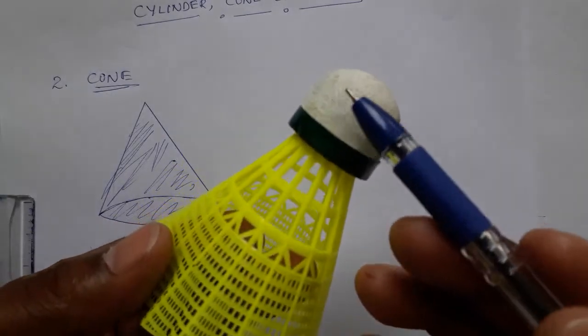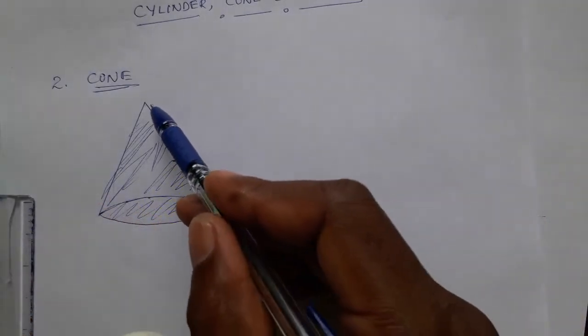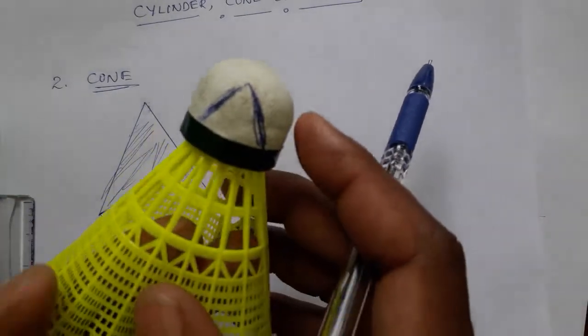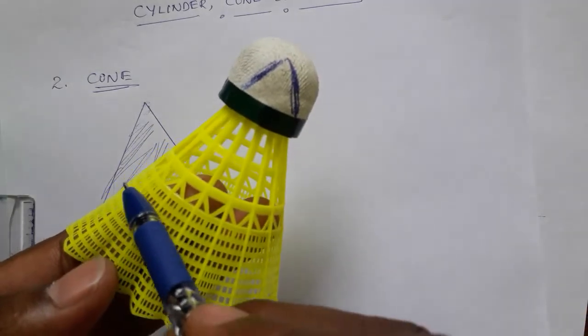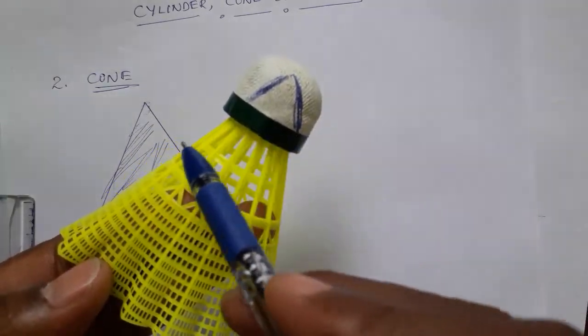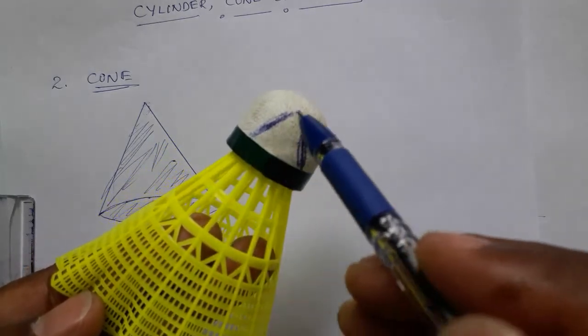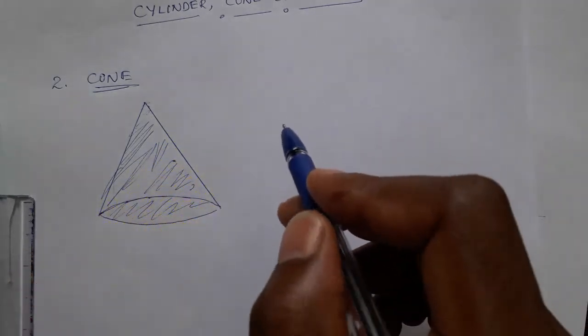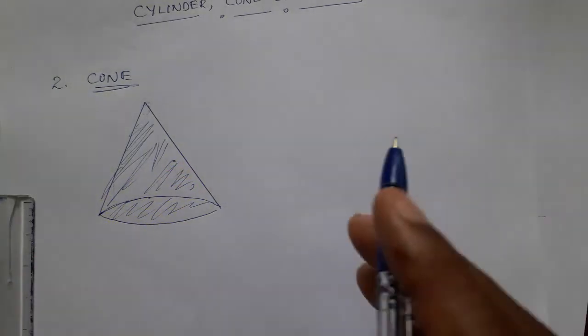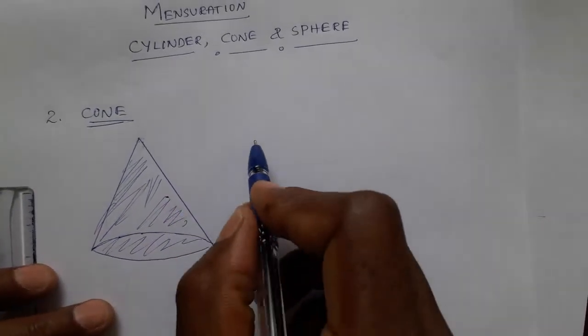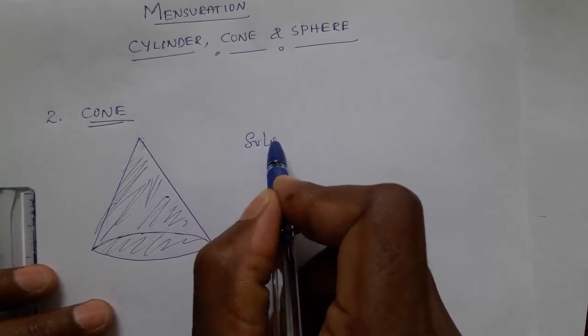But the top is not like that. Actually in cone, the top is sharp, that is, the tip is sharp. It goes in the same way and won't be like a head. It has a straight line like this. Cone ice cream is the best example of a cone. Okay, we studied about cone. Solid cone.